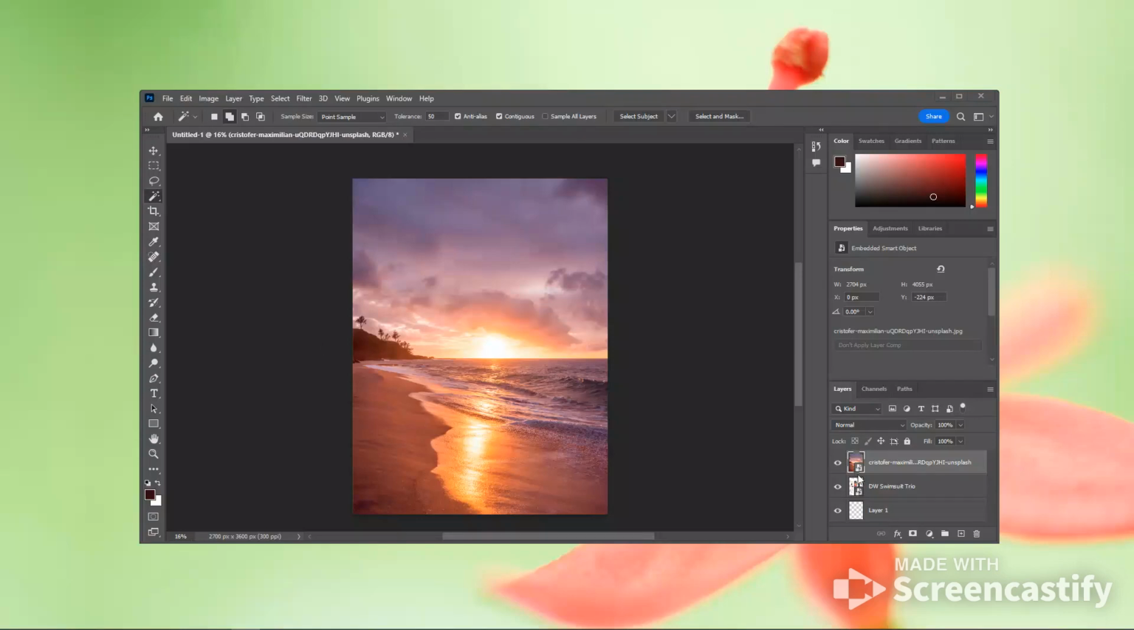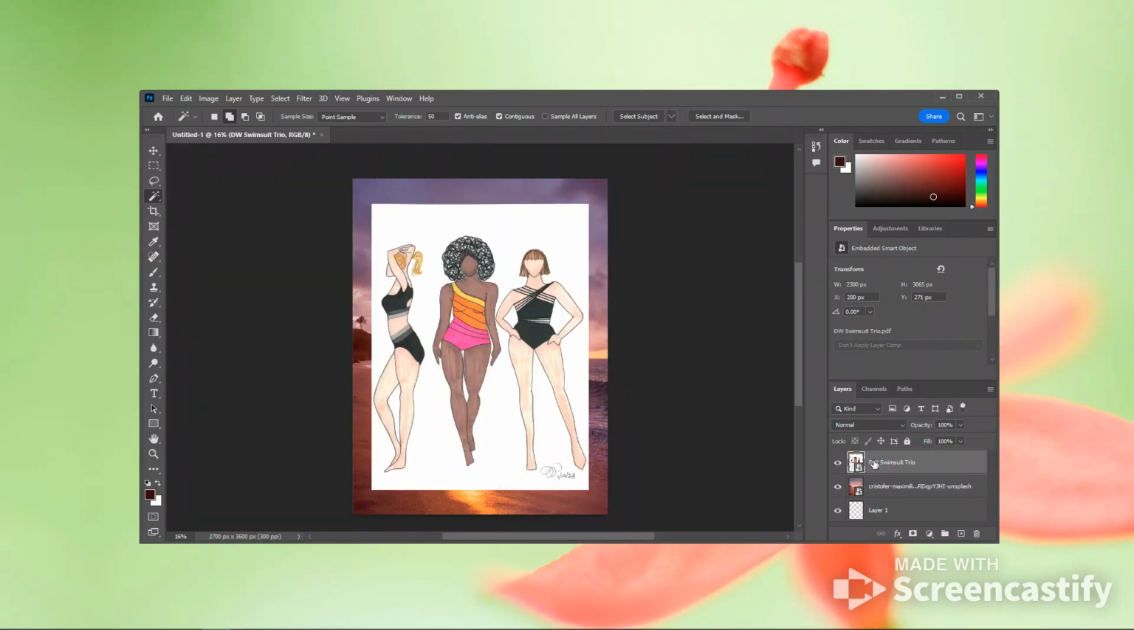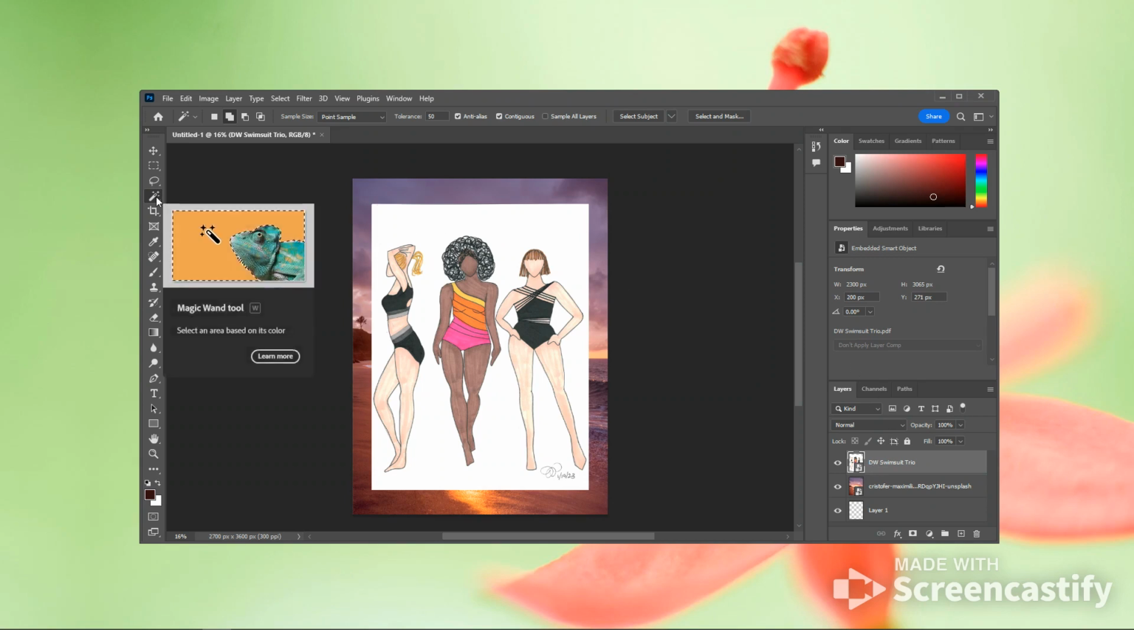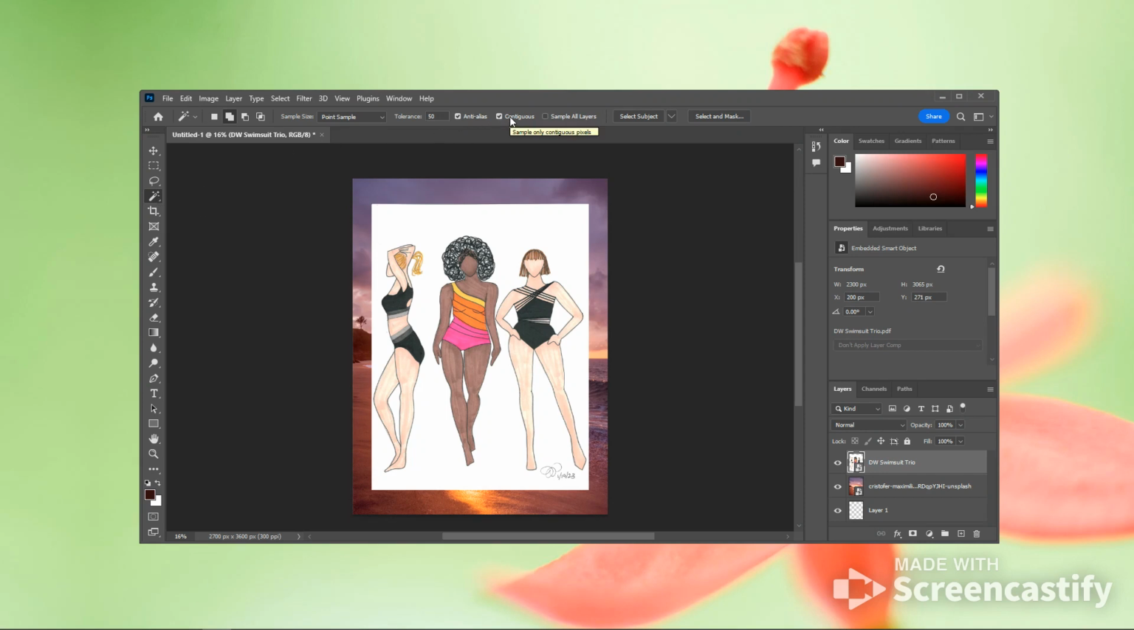Next, I want to remove the background from my sketch. So I'm going to start by finding my swimsuit layer and moving that to the top so that I can see both. And then I'm going to use the magic wand tool over here. So I want to make sure I select that. I have contiguous selected and I put the tolerance at 50. I'm going to click in an area in the background of my sketch